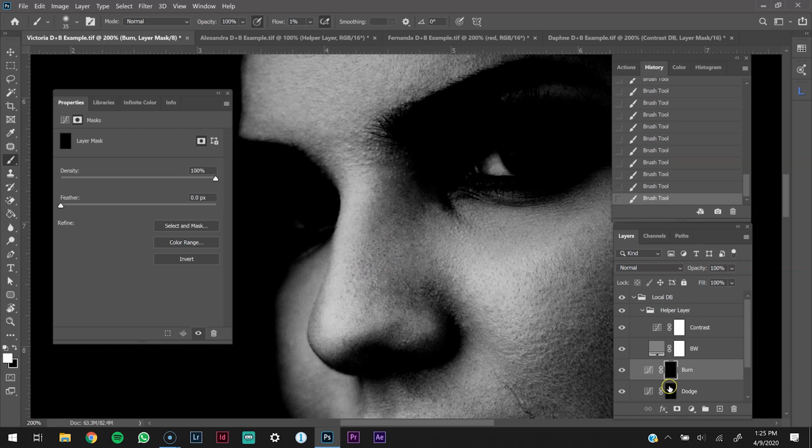And there we go, that looks pretty good. And we're going to go to dodge. Going to even some of these areas out. In some of these areas, they don't have to be super perfect because if you're going to post on Instagram, some people might not even see these little areas, pixel by pixel. So